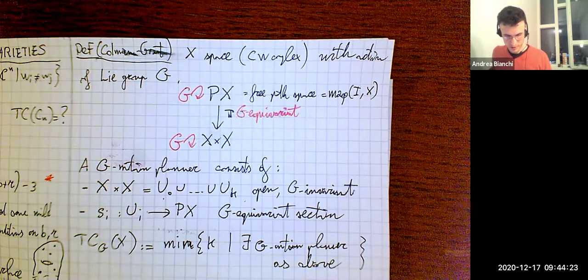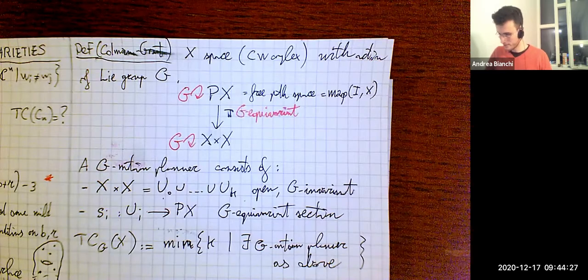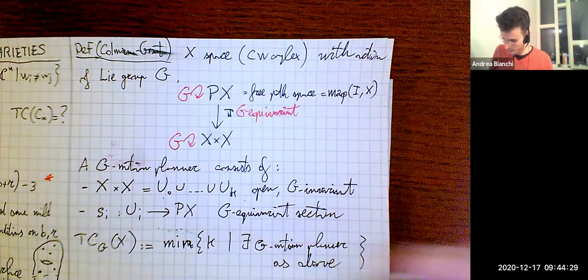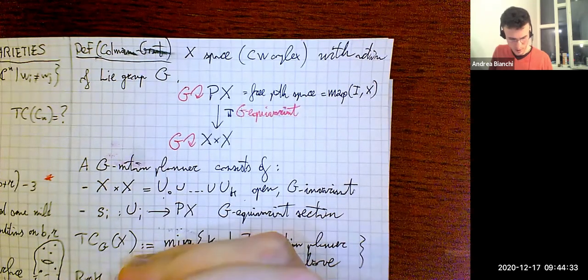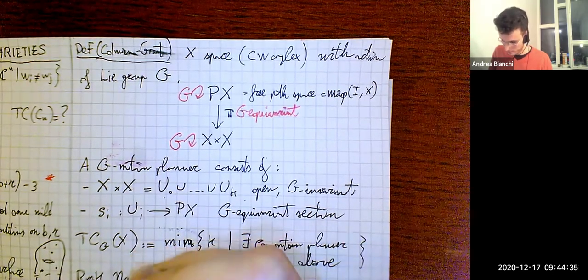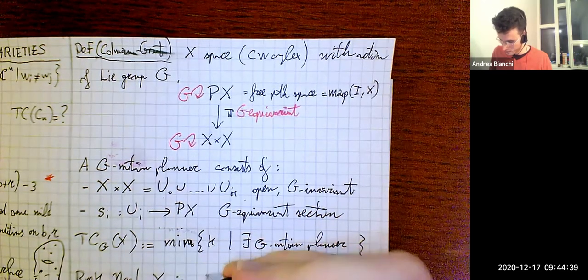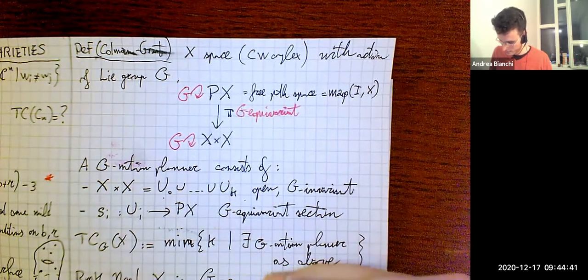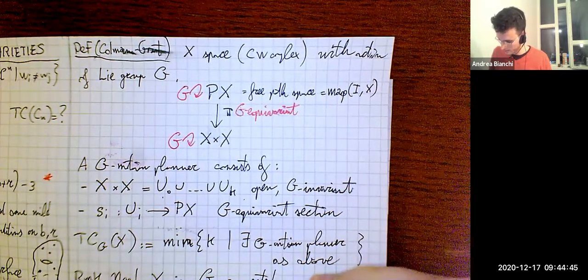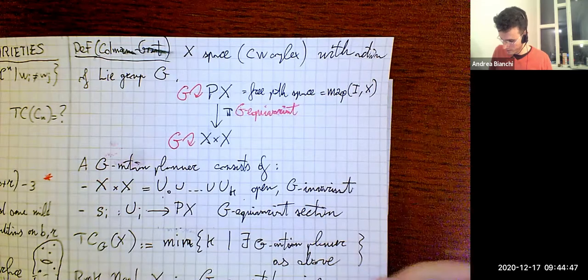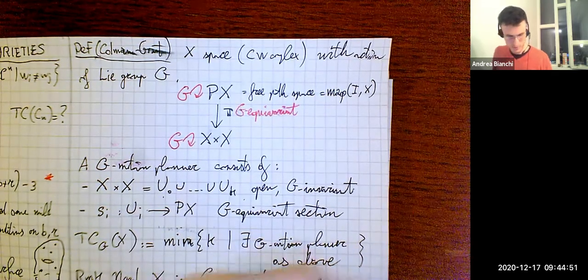Okay, so this is the definition, and to make sense of this definition, there is a remark that we need that X is G connected. This is a little technical. What does it mean? It means that for every subgroup H of G,